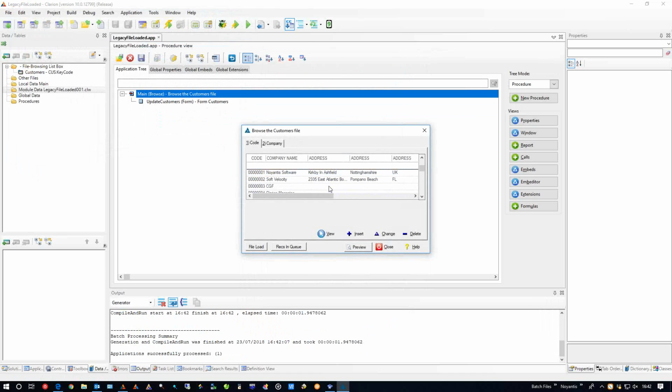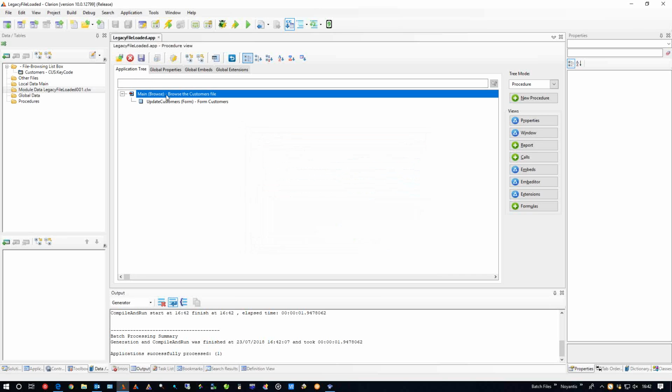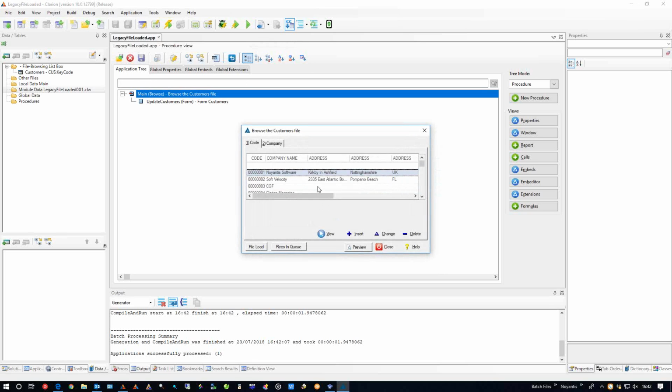Actually, I'm unable to click on any records. Getting a bit of a strange effect on it, actually, if you want the truth. Check it, you don't have any problems. You've got your browse and you can just click and so on and so forth.